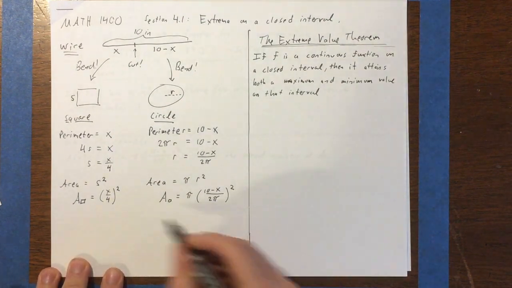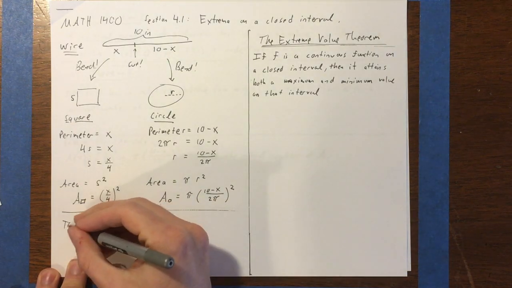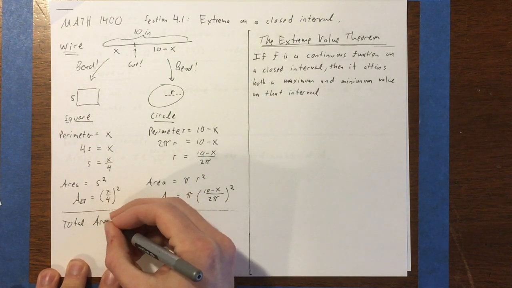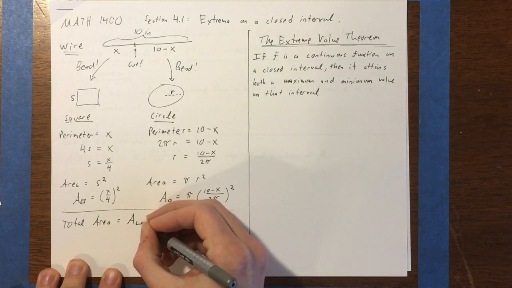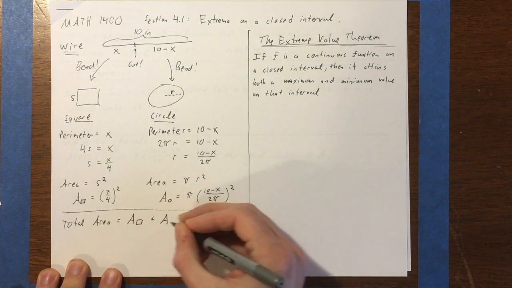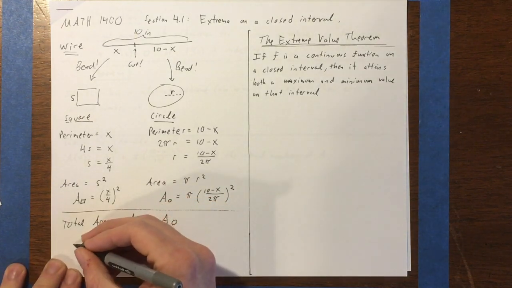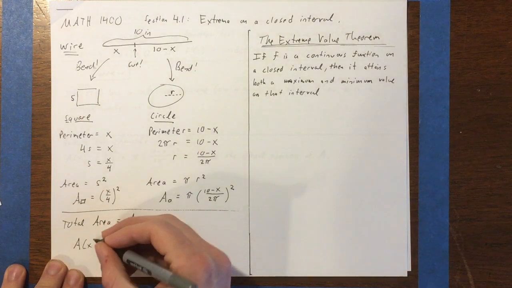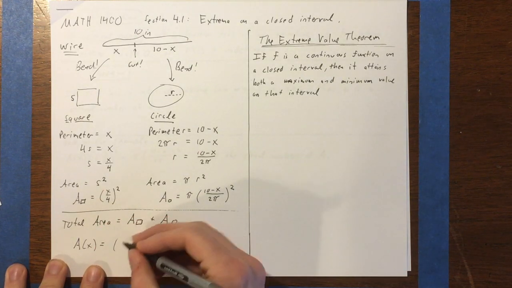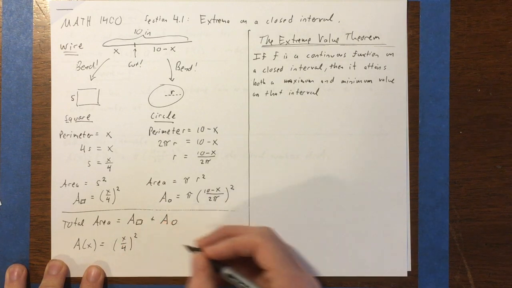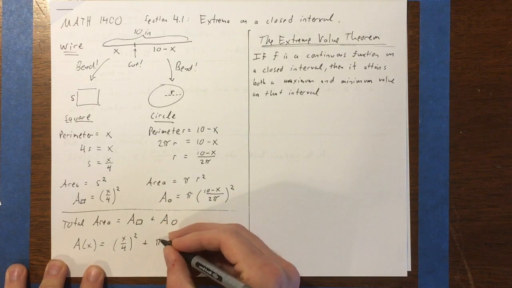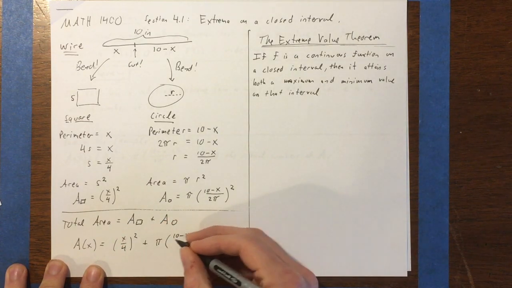And so now our total area, adding these together, will be the area of the square plus the area of the circle, which is going to give us a function of x. A of x equals the area of the square, (x over 4) squared, plus the area of the circle, pi times ((10 minus x) over 2 pi)